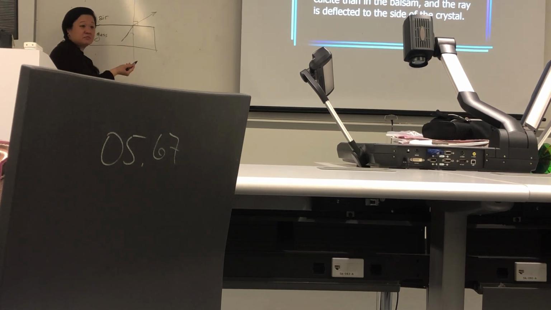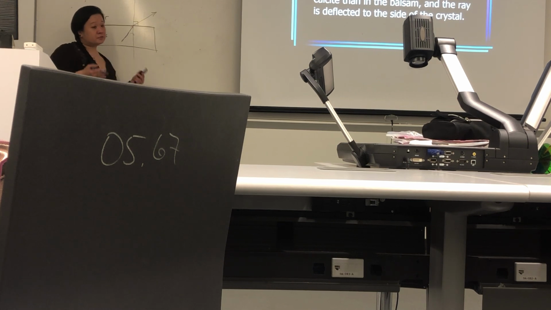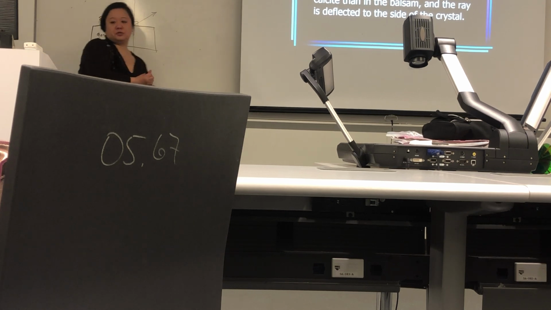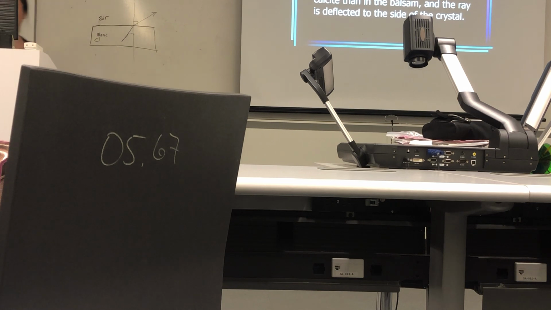Okay, it's the exact same rule in terms of how the light is speeding up or slowing down. If the light is slowing down, it bends towards the normal. If the light is speeding up, it bends away from the normal. And clearly, the light cannot speed up faster than c, 3 × 10^8 meters per second. So the concept of total internal reflection